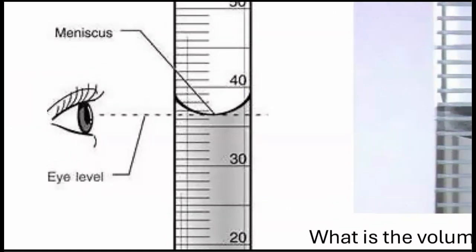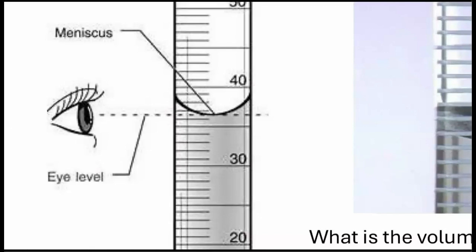By examining the known digits, we can observe that in this instrument, we have values from 30 to 40, and we have some marked lines. And these marked lines are going to represent 1 milliliter. Because if I count, this line represents 30, this is 31, 32, 33, 34, 35, 36, 37, all the way to 40. So if I'm trying to determine what is the volume of this liquid utilizing this instrument, I can determine that this, based on my known digits,